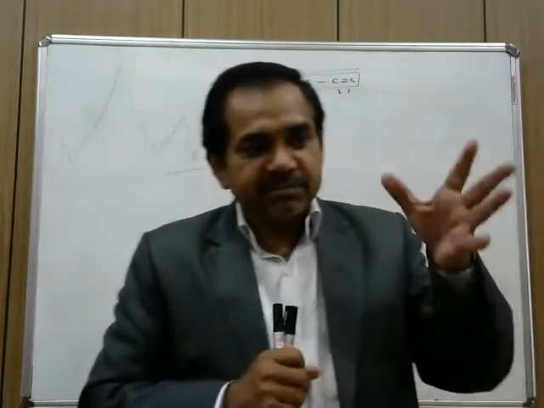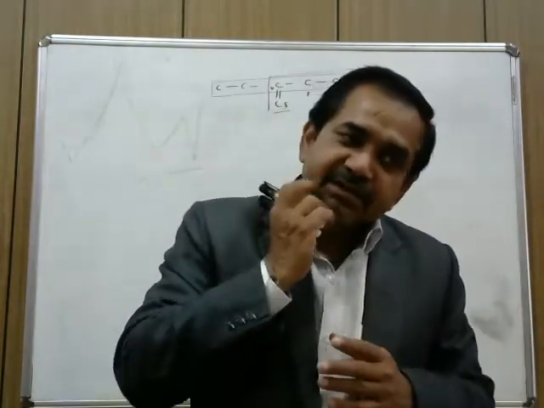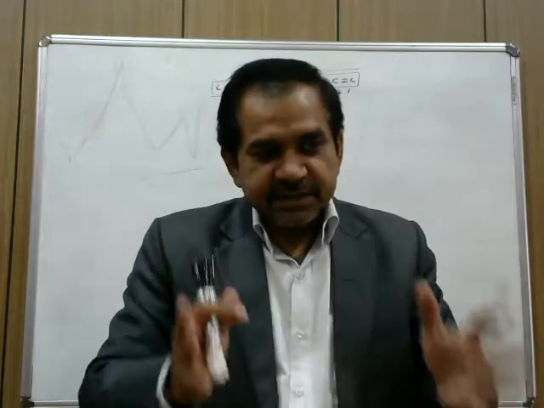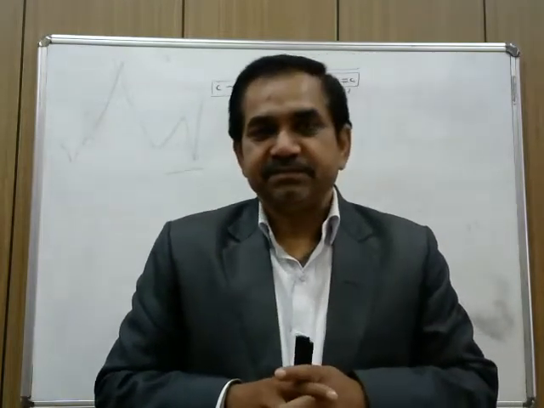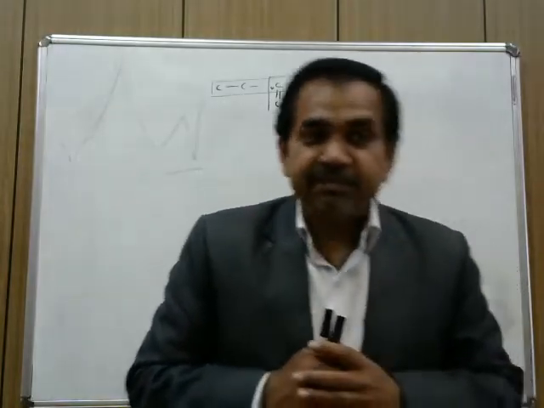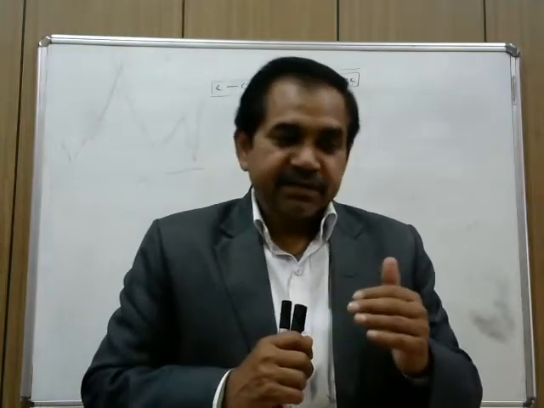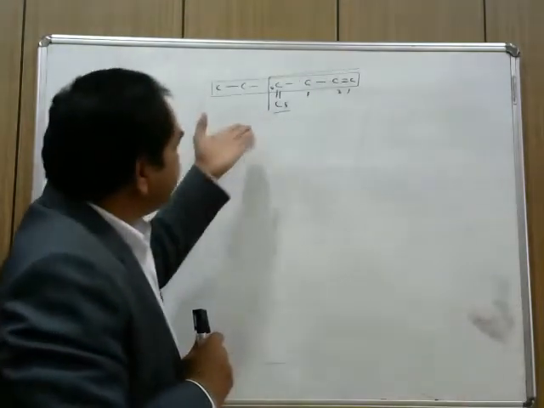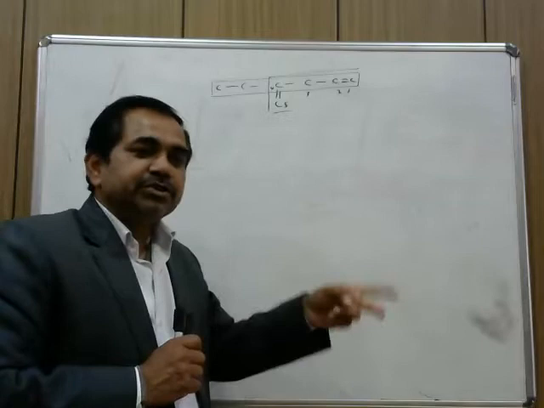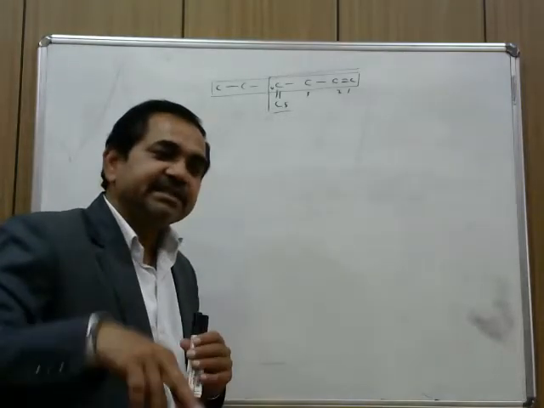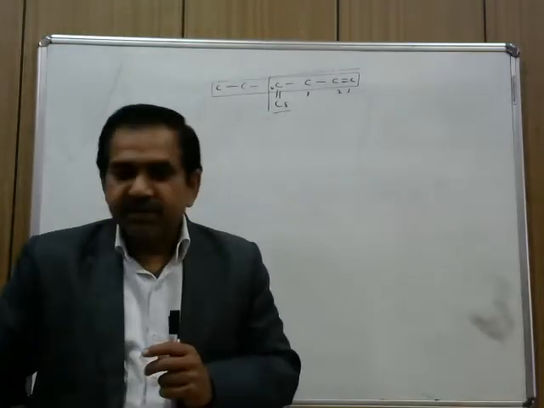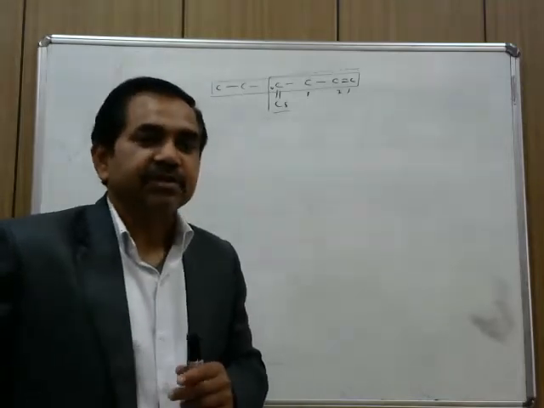And if the compound has multiple bonds, if it has a double bond, or a triple bond, then these multiple bonds should also be included in the parent chain. And if the compound has more than one multiple bond, if two double bonds are present, as I had explained in this example, then both double bonds should be included in the chain even if it is not the longest one. So these are the rules for the selection of the longest chain or parent chain.